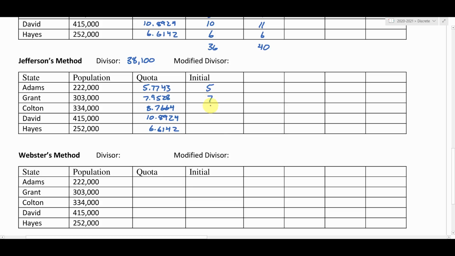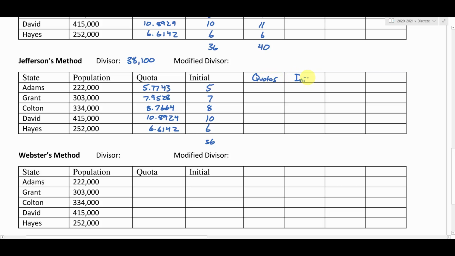So we're going to have 5, 7, 8, 10, and 6. And when we add those together, we get 36. So we know that's not enough. So we do need to go back and modify the divisor. This is where Jefferson differs from Hamilton. We're not going to be awarding bonus representatives. Instead, we go back, we have to modify the divisor and recalculate a new set of quotas, and we'll get